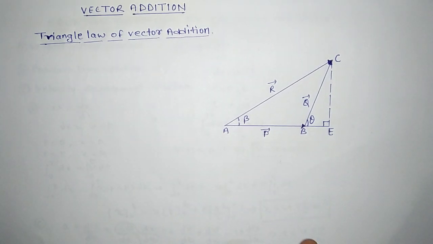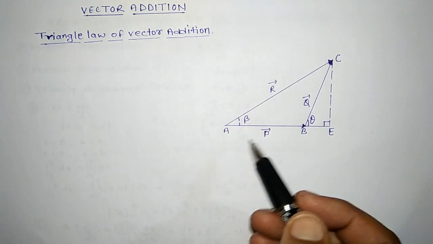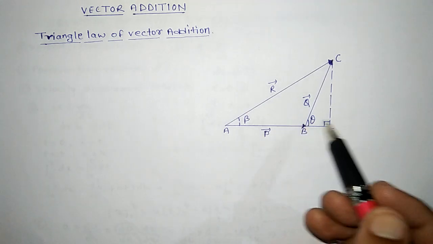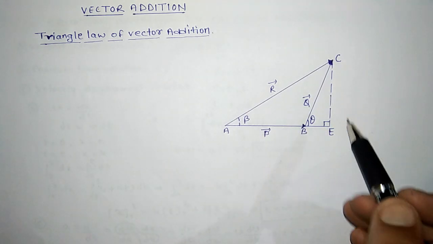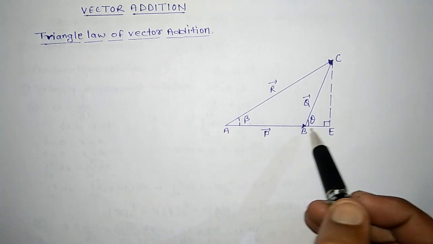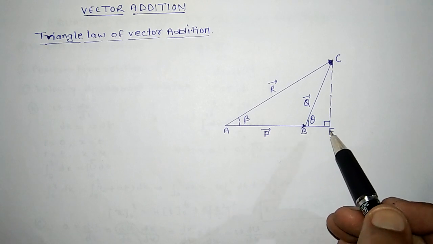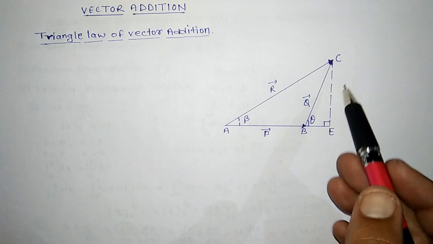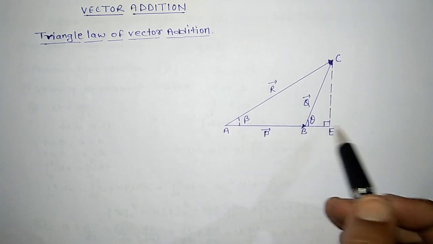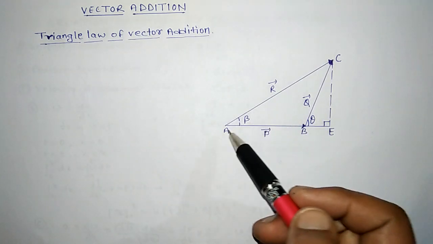Now, for finding out the magnitude of this resultant, I have made a diagram here in which I have drawn a perpendicular from C which is meeting AB at point E, and the angle CBE is equal to theta. Then from this right angle triangle AEC,